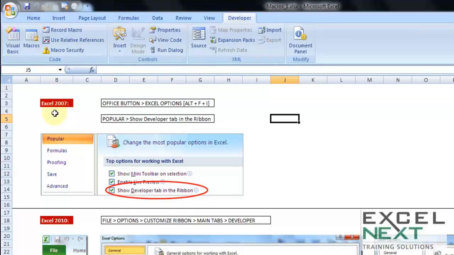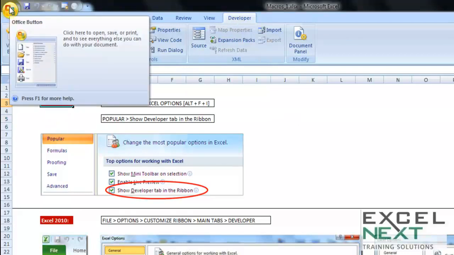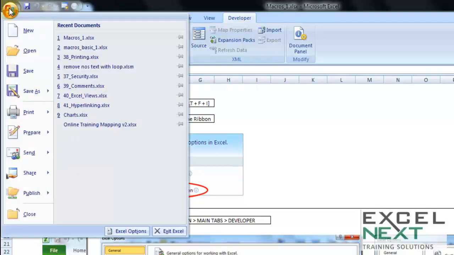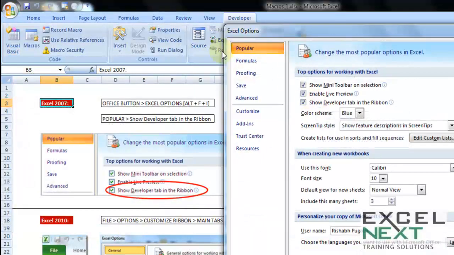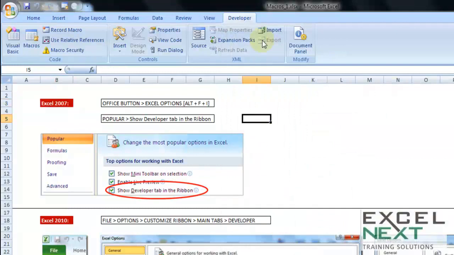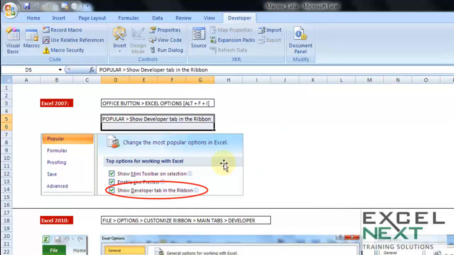If you are using Excel version 2007, then let me illustrate these steps. That is, you must go to Office button, within which please go to Excel options. Now once you reach Excel options, within popular, you must access one option which says show developer tab in the ribbon. You must activate it once. It's a one-time effort. After having done so, let me press OK, and immediately you will notice the developer tab being present on the ribbon. The same steps have been mentioned out here for your reference along with the screenshot.